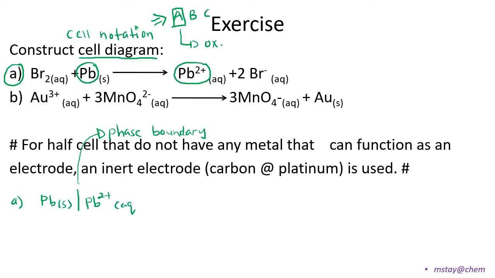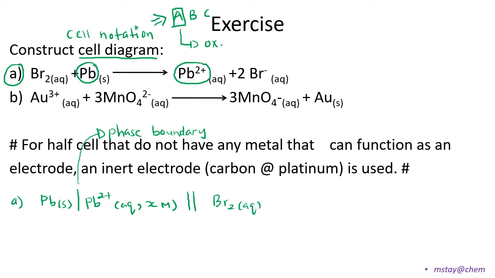Don't forget, as we mentioned just now, besides the physical state, we also have to put the concentration. As this is just a direct simple exercise, the concentration is not mentioned, so you can put X molar, followed by the salt bridge, which is 2 straight lines, and then bromine Br2